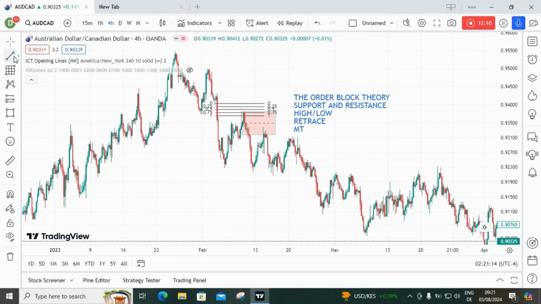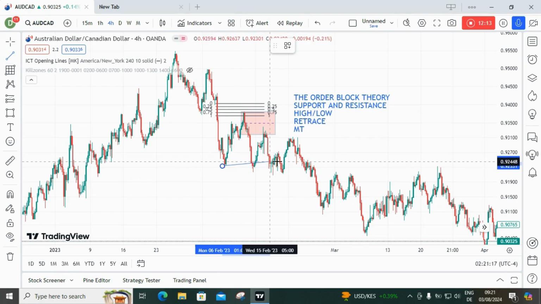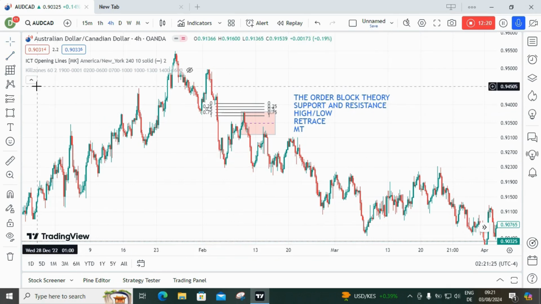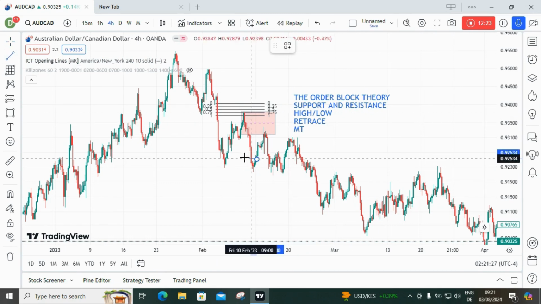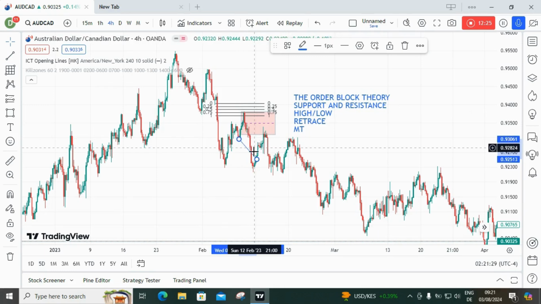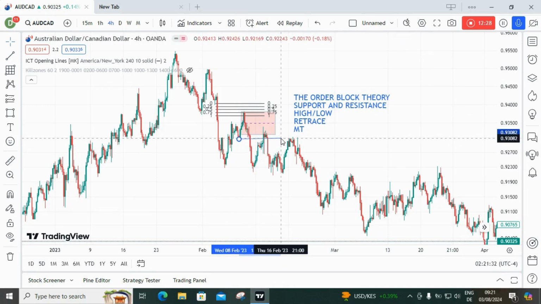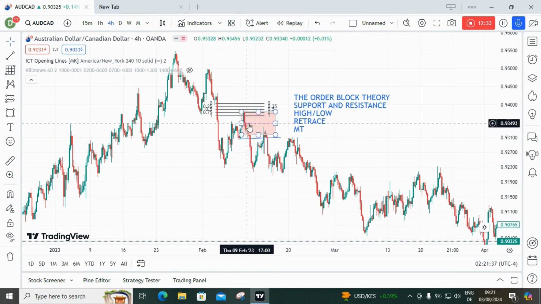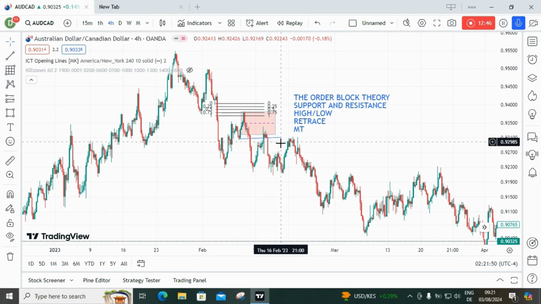Did it do that? So price came back. Sorry, it's here. So price came back and broke the low here. It came back and broke the low that it had created. Perfect. We are still checking the list. And what else should it do? Upon breaking the low, it has to retrace back into the low that it broke. So we see clearly that price broke the low,